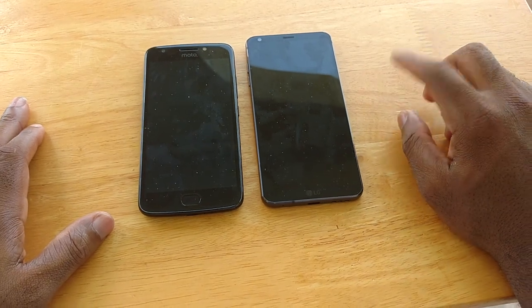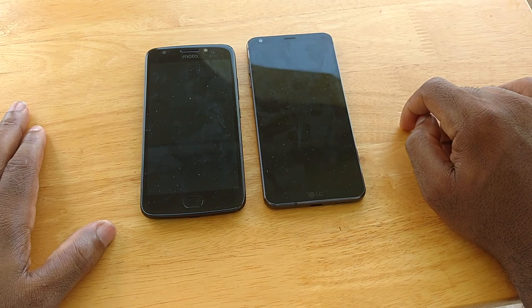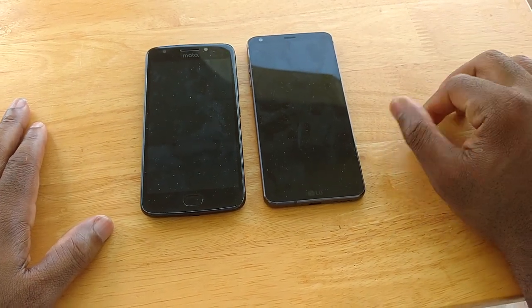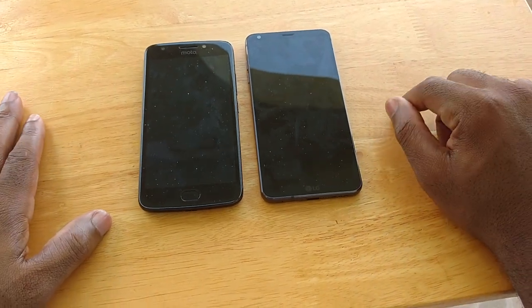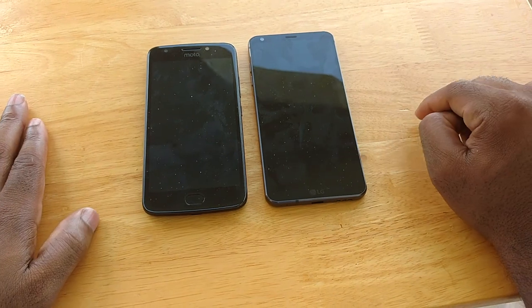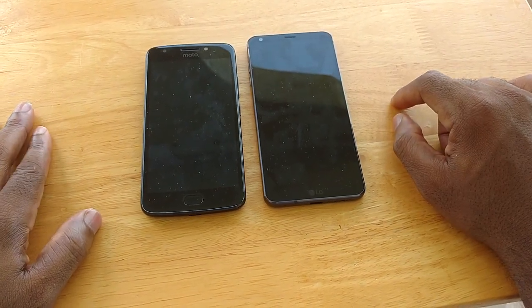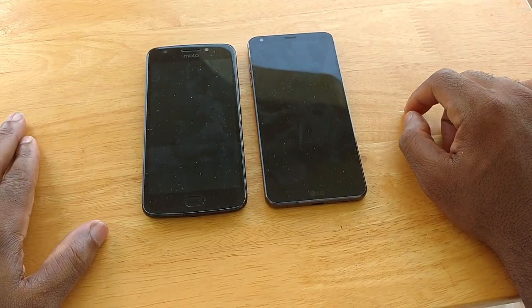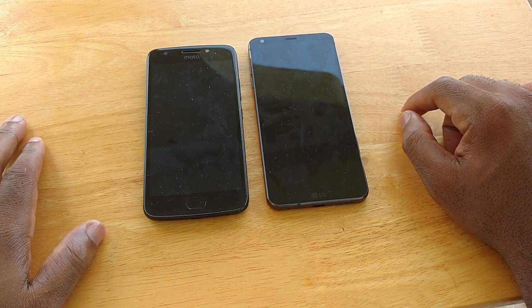Big battery. 3300 milliamp hours. Check. Okay? Big beautiful display. 5.7 inches. Check. Quad HD. Check. Alright? Know what I'm saying? Quick charge 3.0. Check. Wireless charging. Check. Waterproofing. Check. 4K video recording. Check. Slow motion video recording. Check. Alright? Price tag $360 to